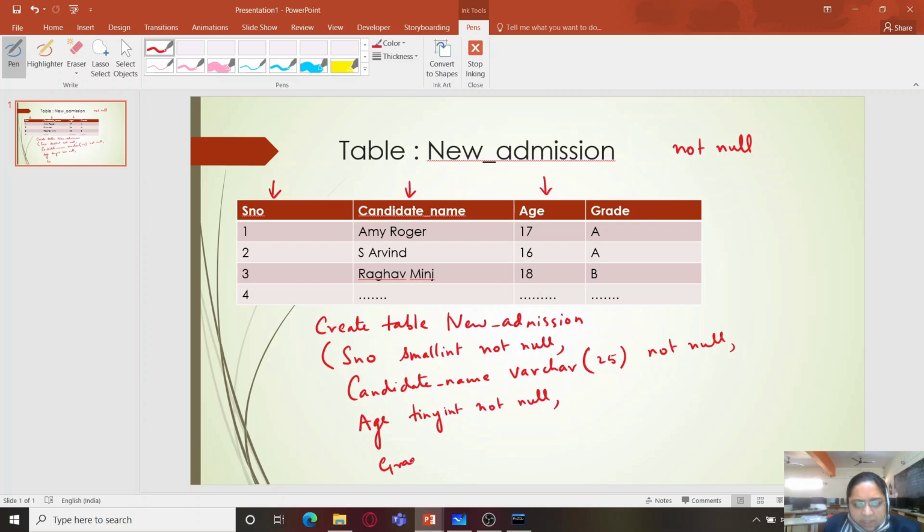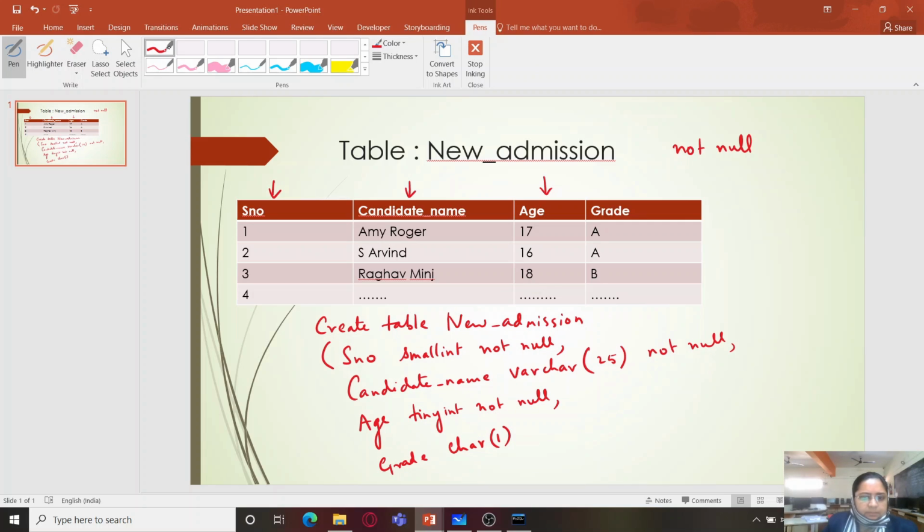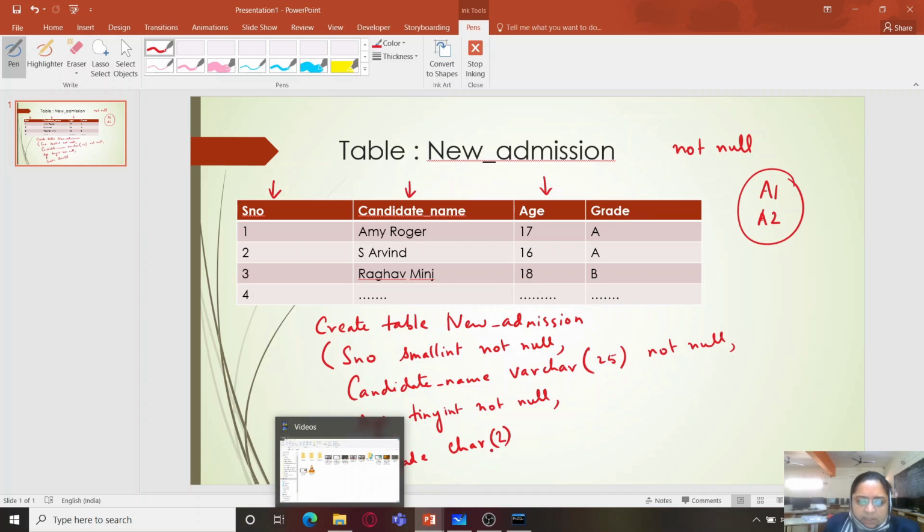And finally we have grade. For grade I don't need to provide any not null feature, so I'm just using the char data type, and we can set char as 2 because in case someone has A1 as the grade, A2 as the grade, for that purpose we are taking the maximum size of char as 2.